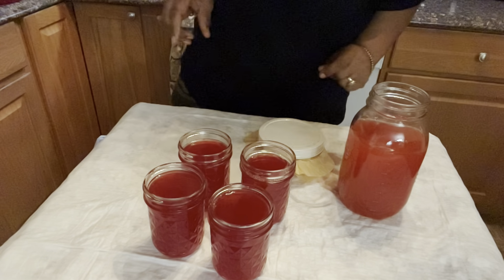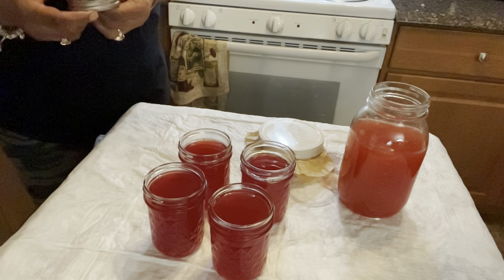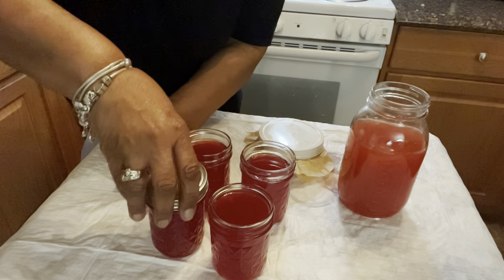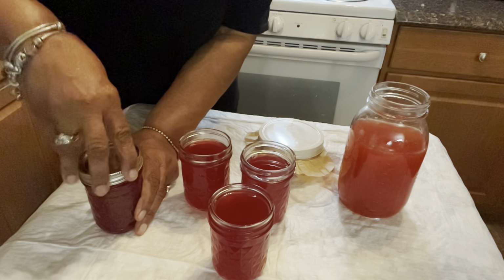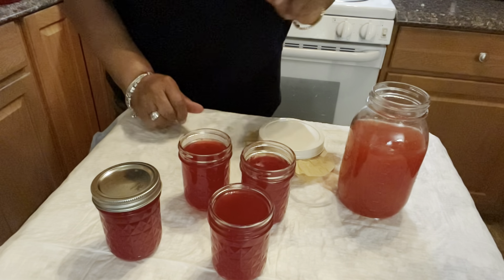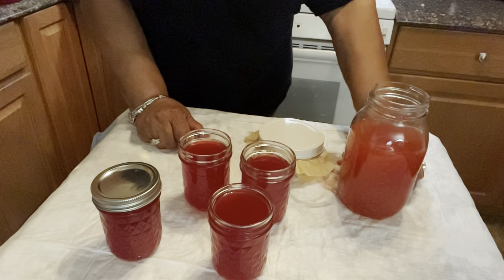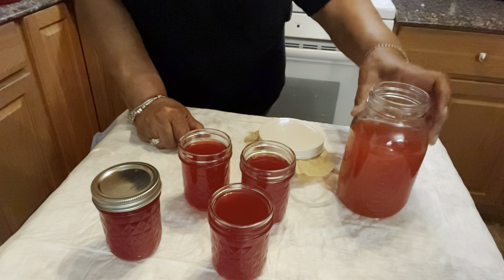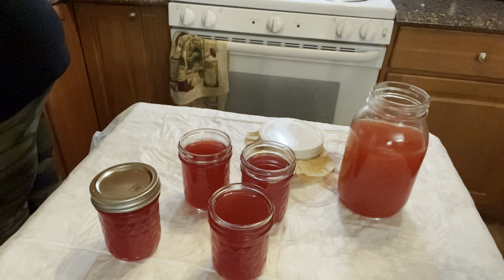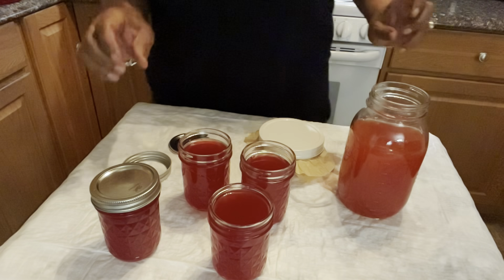Okay, so now we've got it poured. It's ready to drink. I put the top on. This I will put back in the refrigerator. The larger container, either I can put the whole thing in the refrigerator, which I will probably do, because who wants to store all these little bottles falling all over the place? And I will